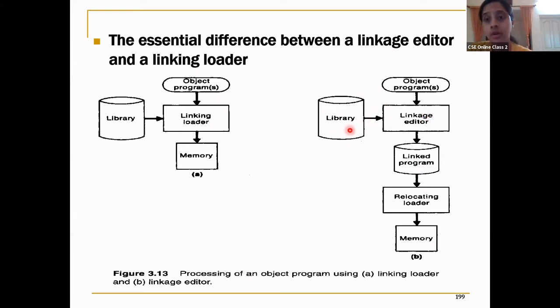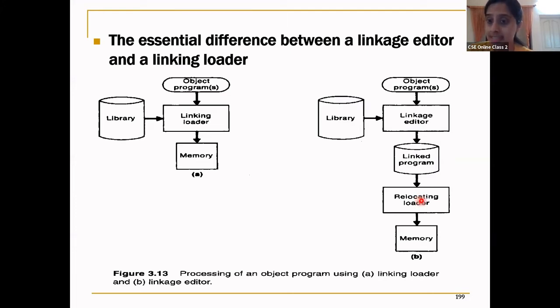Otherwise your library search will be specifically designed, as we have done in the algorithm for a loader, with the ESTAB and different scenarios. So all this is linked from the library into the linkage editor. Now what happens? After linking, the linkage editor separately stores the linked program, as a file or in memory, the complete file. The linked file is stored separately in some space. This linked file is now further sent to the relocation loader.